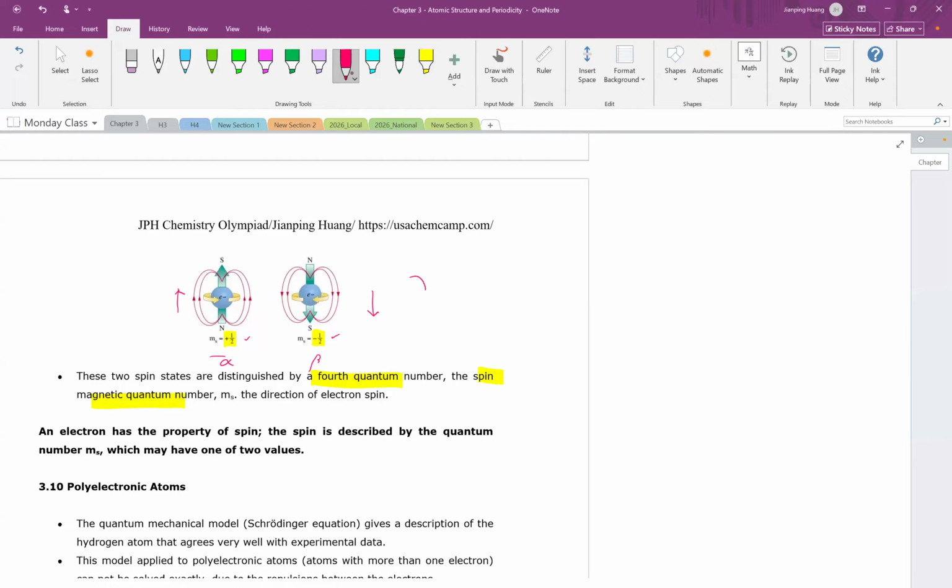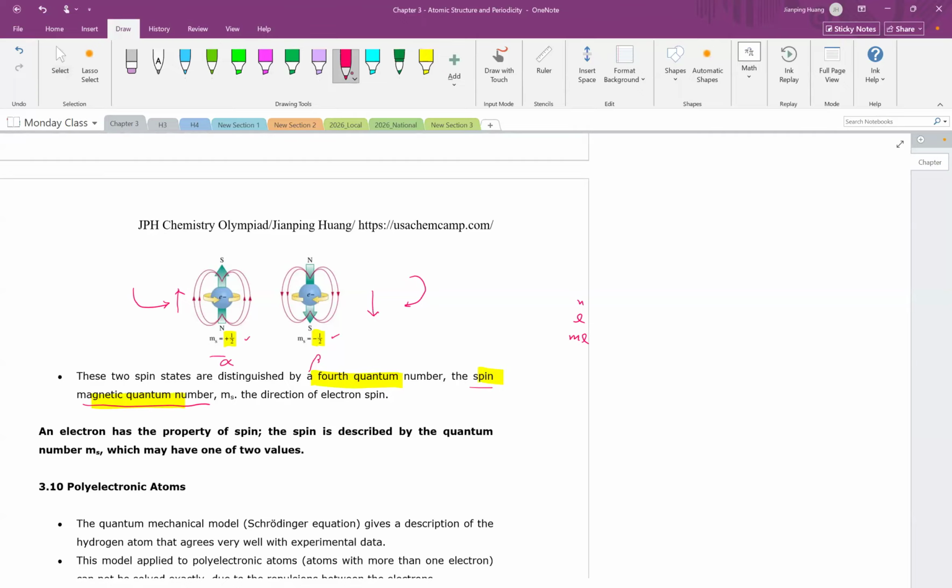This one is clockwise. This one is counterclockwise. This number is related to the electron. It is the electron spin. That number is called the spin magnetic quantum number. That's it. So far we have finished the four quantum numbers. The first three, N, L, ML,